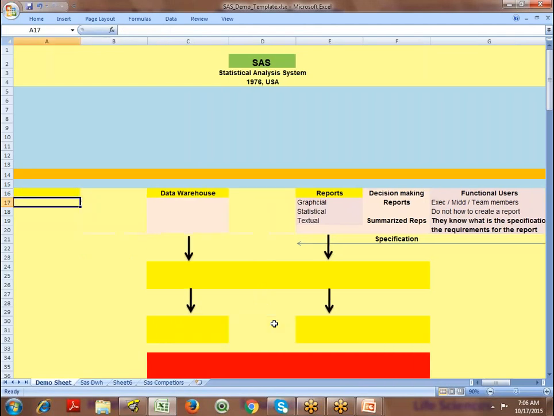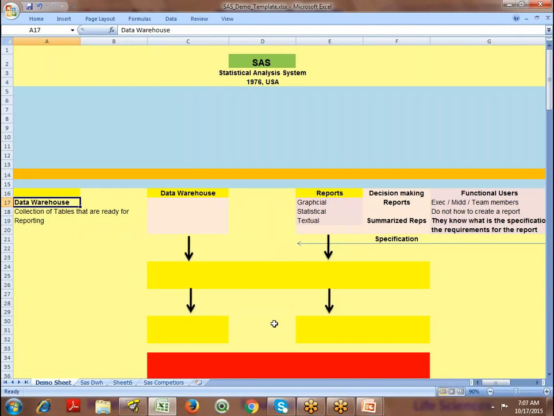In simple English, data warehousing means a collection of tables that are ready for reporting. Input data means tables, and information means reports.